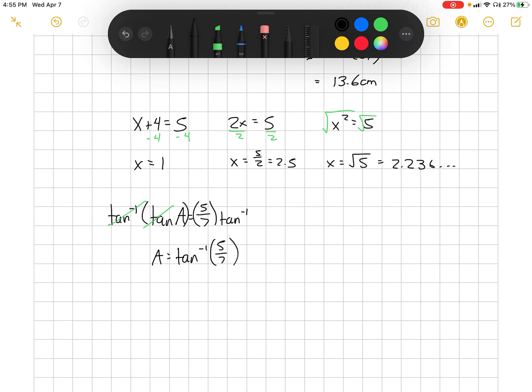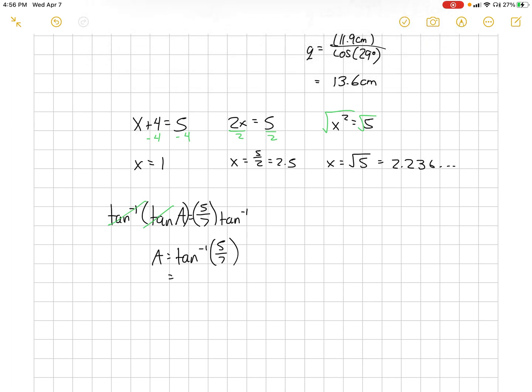And if you look on your calculator directly above the tangent button, depending on your second function color, whether it's blue or yellow or orange or whatever it is, tan -1. This is right above that button. So you press second function, or if you're using a scientific calculator, there's different buttons. Anyways, second function or your alternate function button, and then you type 5 divided by 7, and it should give you